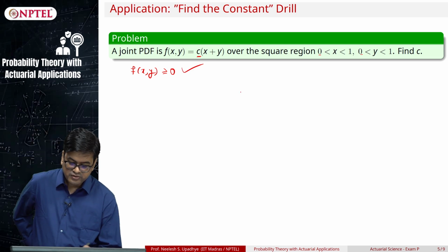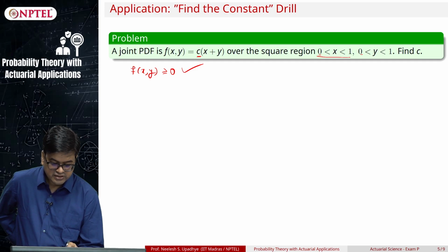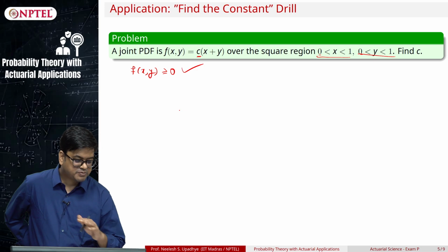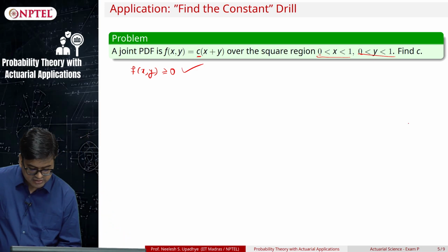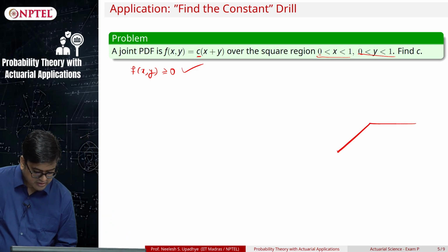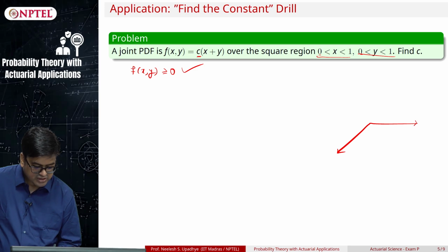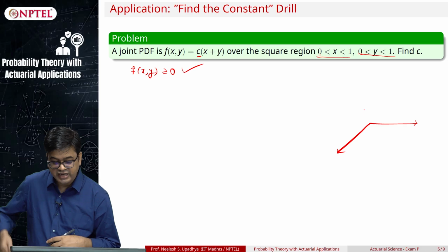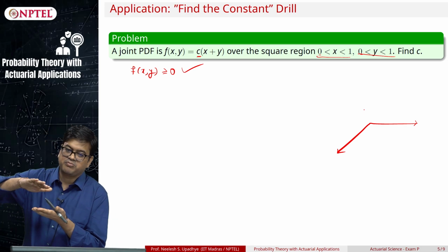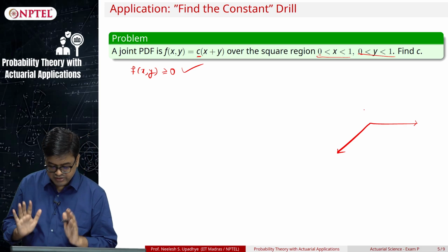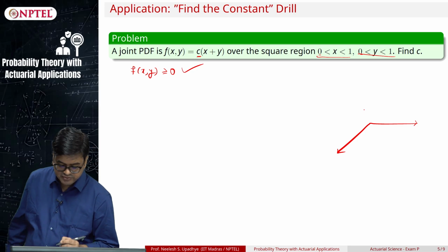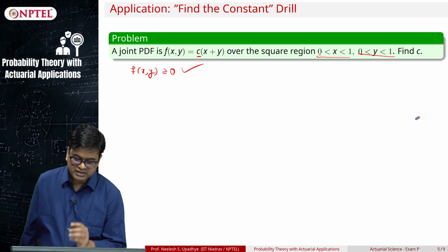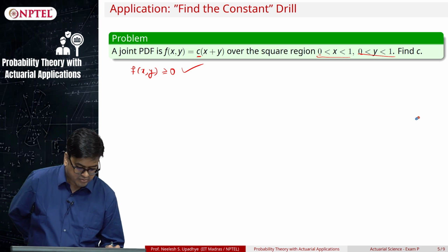Now, I have to look at this region. So, what I will do is first plot the region, and x plus y is simply a plane. If you look at it this way, it will be simply a plane, so I do not have to worry about whether the area is above the xy plane or not. I will skip drawing because it is very clear in this particular case, and the region is rectangular. So, I do not have to worry about it.